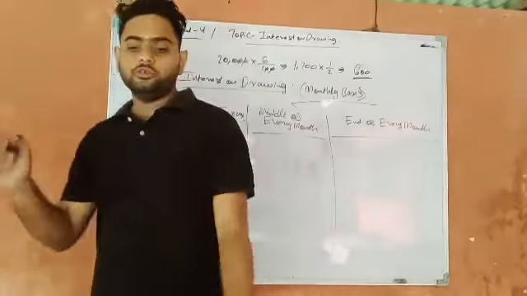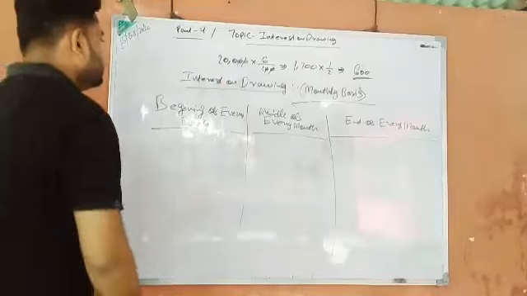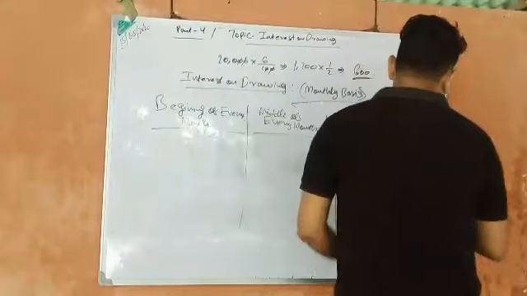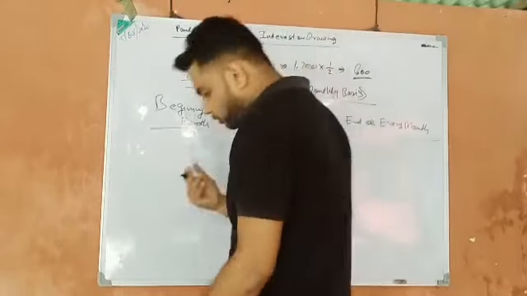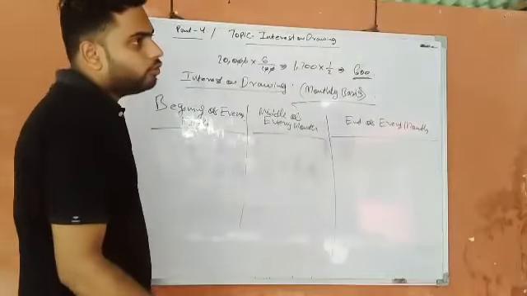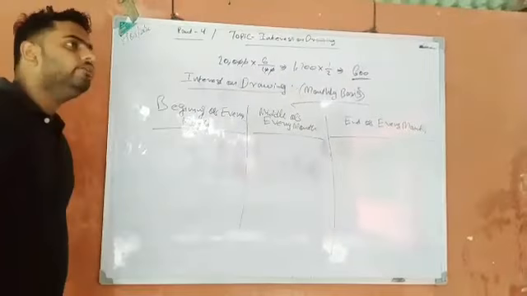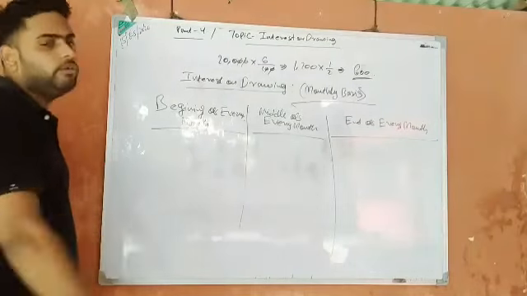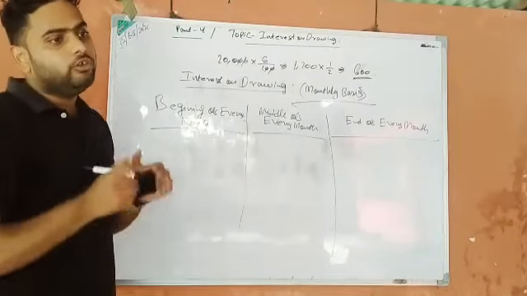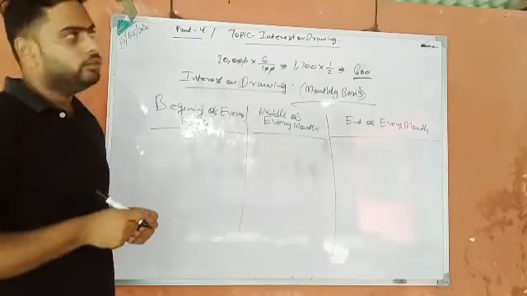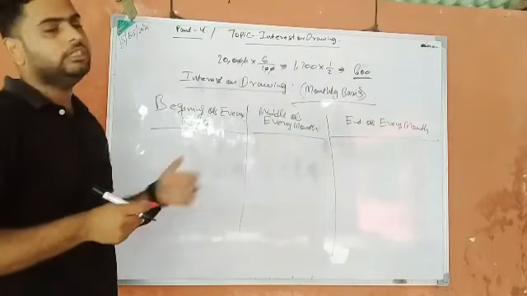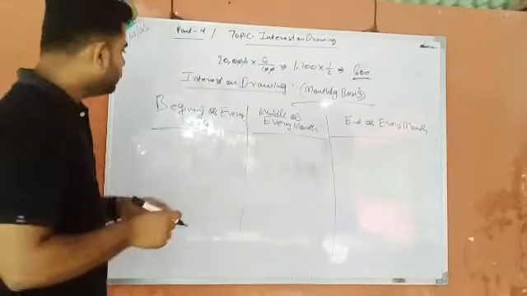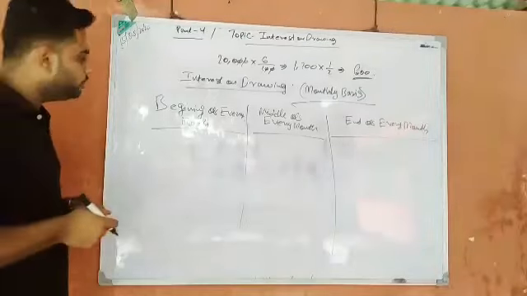Whatever I am going to teach you is a very important aspect of profit and loss appropriation account, because in some of the questions the information is given that drawing is there on the beginning of every month. Beginning of every month means what? If we take example January, if drawing is there at the beginning of every month, the drawing actually occurs on the 1st January. So for the whole year from January to December, on the first date of every month there will be drawing. So that is the case of beginning of every month.